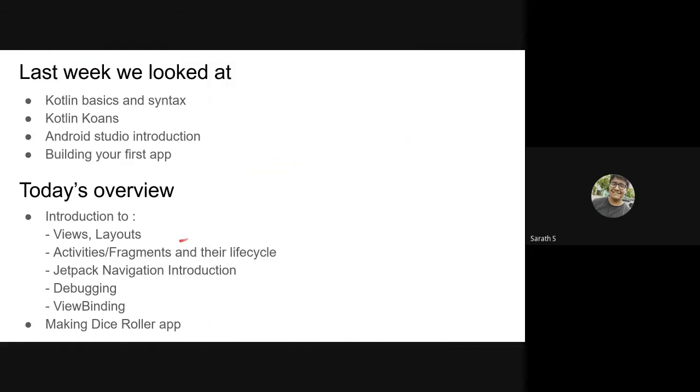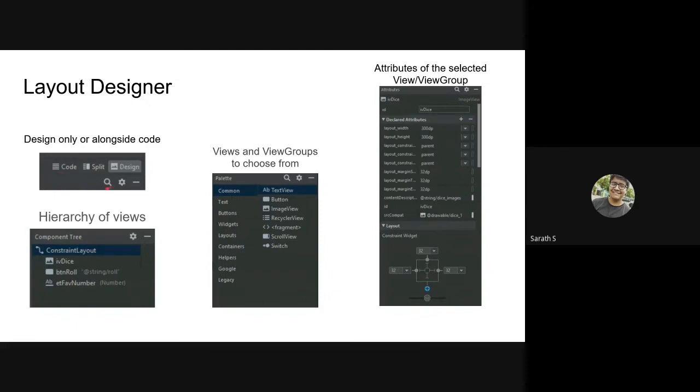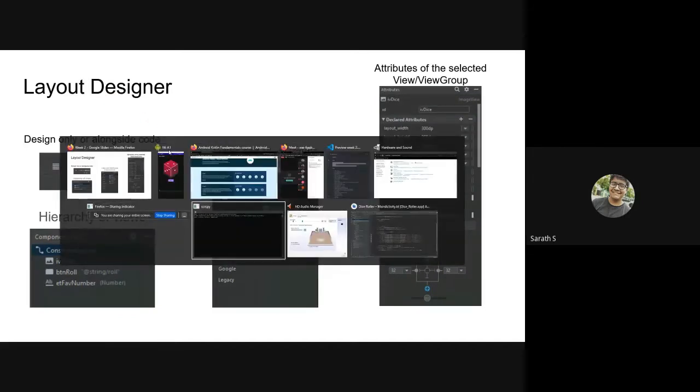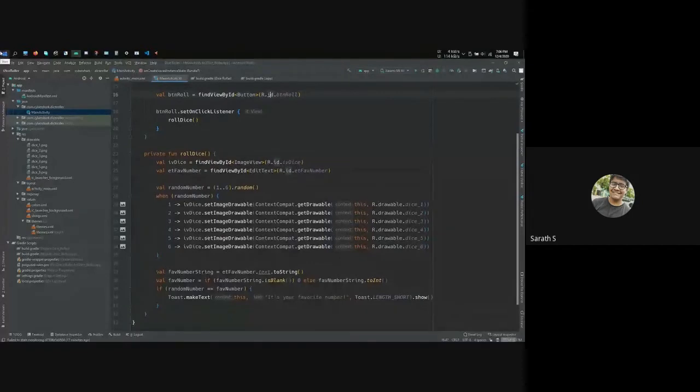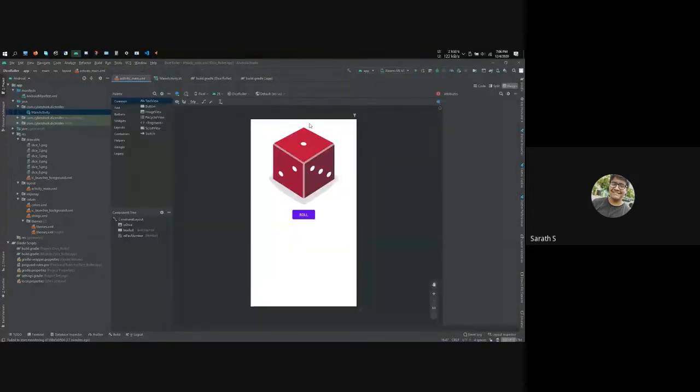After we cover the basics about views and layouts. So going right into it. To design views in Android, you will be using the layout designer in Android Studio. I'll be bringing that up as well. Yeah. So this is the layout designer of Android Studio.